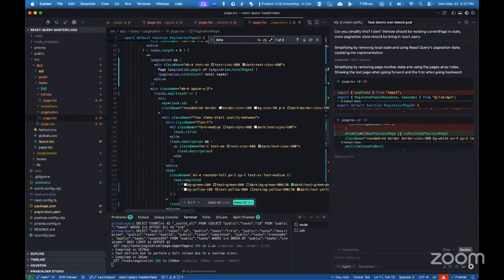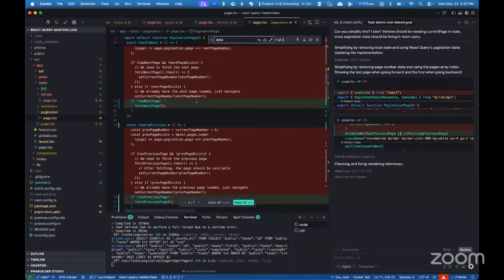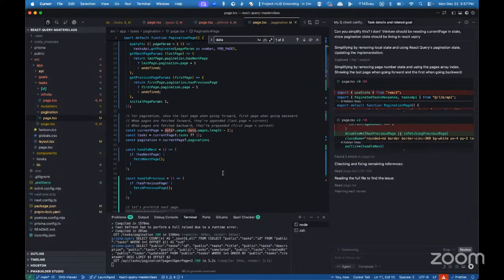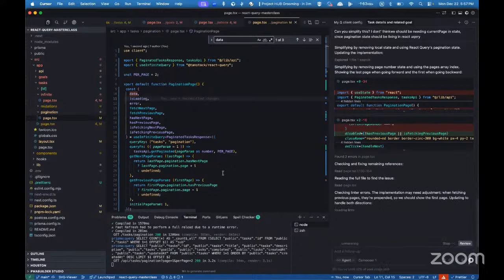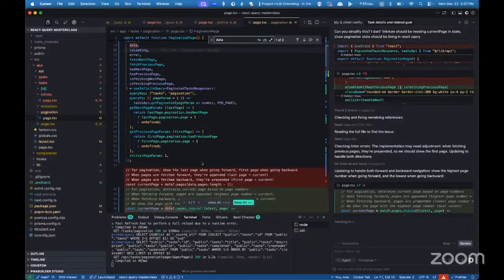जब हमने अभी देखा था कि इन्फिनिट क्यूरी में सारा कुछ डिस्ट्रक्चर करते थे हम, हैज नेक्स्ट पेज, इज फैचिंग, इज प्रीवियस पेज, सर आपने बताया। तो हम ये कर सकते हैं। तो इससे जो मैनुअल हम करते थे पर पेज की और ये करंट पेज की सारी जो कॉम्प्लेक्स स्टेट्स हैं, उसने रिमूव की थी। इसका मतलब वो मैनुअल स्टेट खत्म हो जाती है, ये खुद ही हैंडल करती है चीजें। इस तरह हैज नेक्स्ट पेज, हैज प्रीवियस पेज। ठीक है।